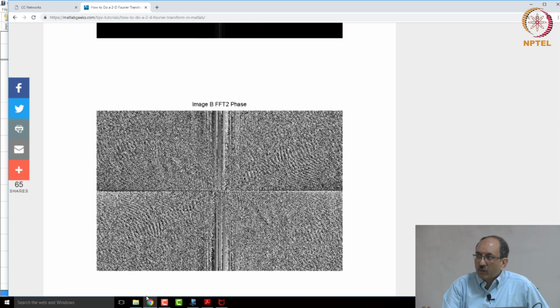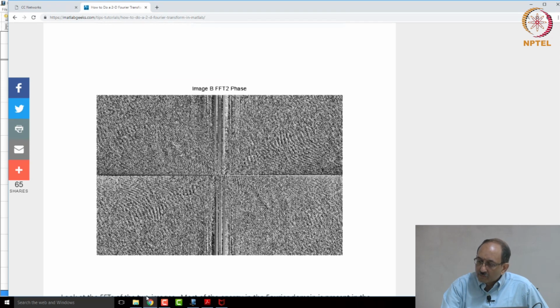Now, what we will do is we will take the magnitude of one times e to the j phase angle of the other image and then compute the inverse Fourier transform. So, clearly it will not be a clean nice image, you can expect it to be distorted, but the question is, are you able to recognize it, is it similar to one or the other or is it just random, right, it can be any one of these three possibilities. So, now